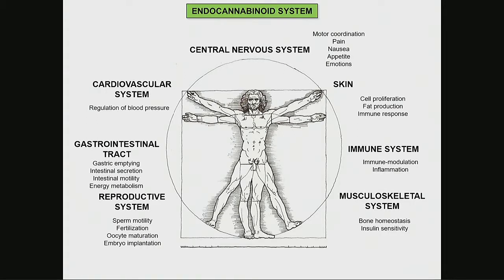In the musculoskeletal system, controlling bone homeostasis. I have osteoporosis, for example, and I am a cannabis user because I want my bones to get more dense, and I'm using cannabinoids as a tool for that. We have an endocannabinoid system in the reproductive system, in the gastrointestinal tract, in the cardiovascular system, so it's all over the place, and this means that we can target many different pathologies because the targets are there.